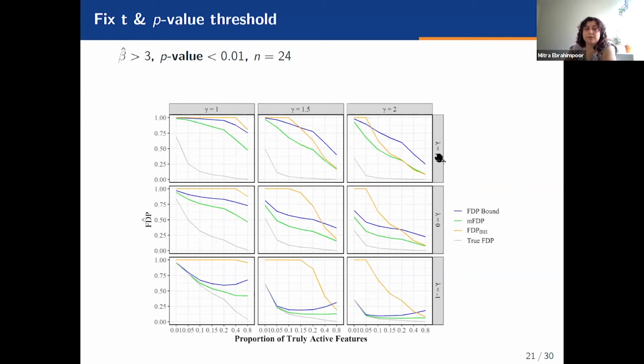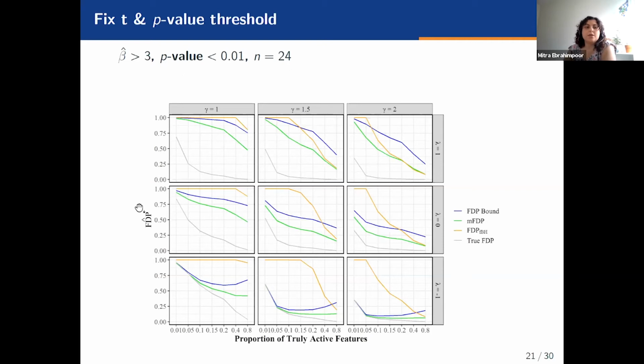Here you see different settings for lambda. So there is a correlation between the variance of your genes and their nullness. And then this setting is the one where there is no correlation. And this is a setting that is actually in favor of the volcano plot method. Already we know that the variances for the null genes are quite small and they won't be selected. And this is a setting where you have 24 samples. So the sample size is quite large for these studies, and it won't go away if you have a